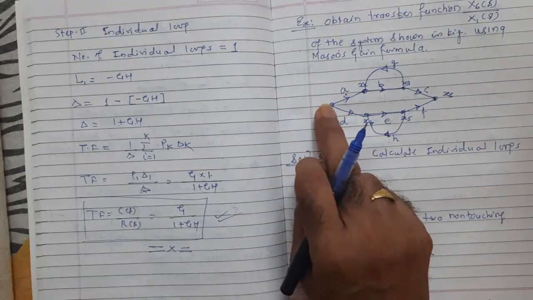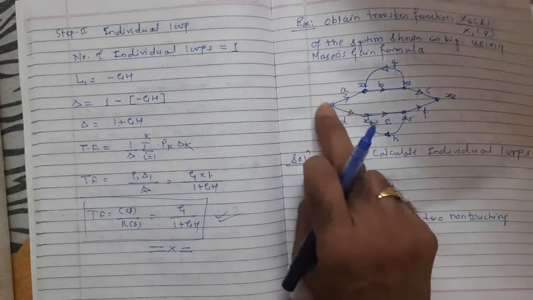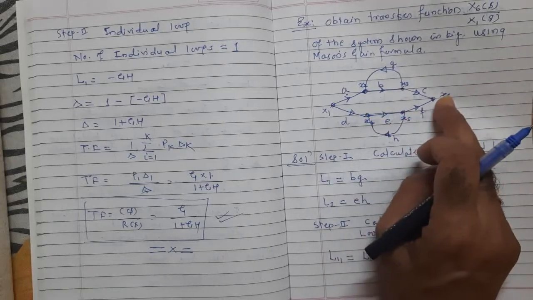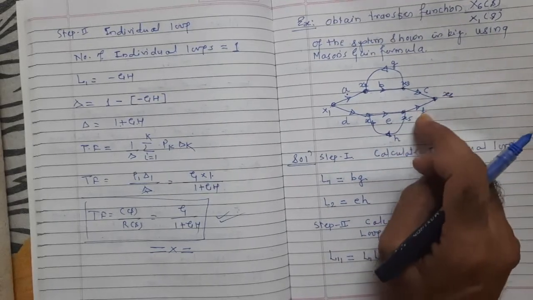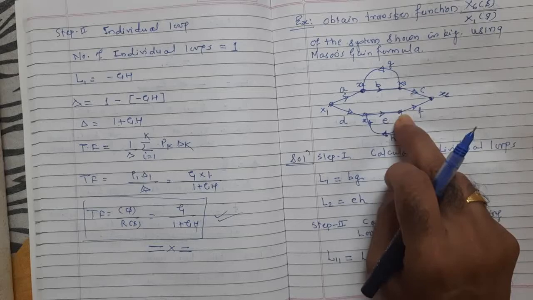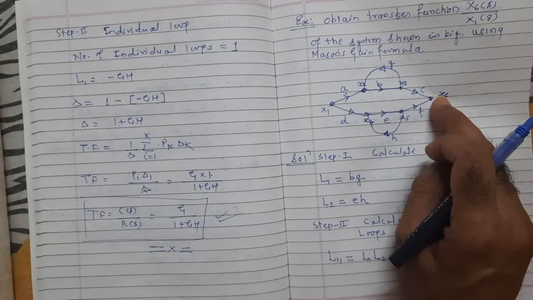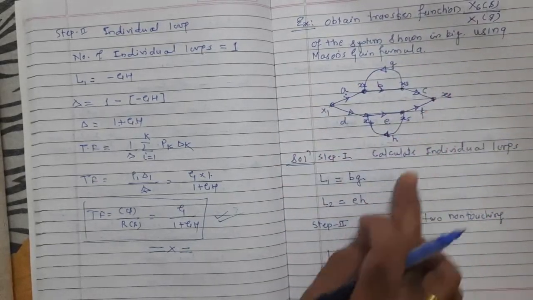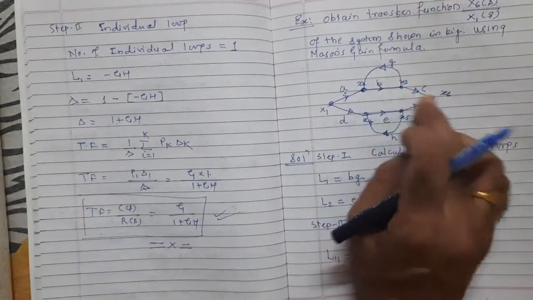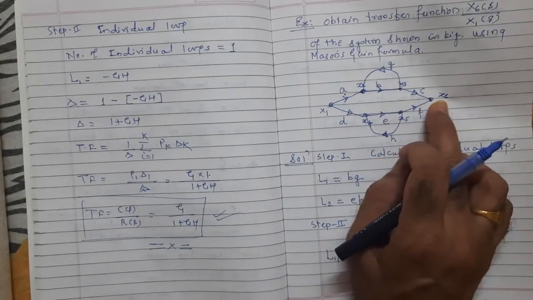Now see here, again from x1 to x4, it is in the direction of the output. From x4 to x5, again it is towards the output, and x5 to x6, again it is towards x6. So x1 to x4, x4 to x5, and x5 to x6 forms another forward path. That means in this diagram we have two forward paths. One is from x1 to x2, x2 to x3, and x3 to x6. Another forward path is x1 to x4, x4 to x5, and x5 to x6.